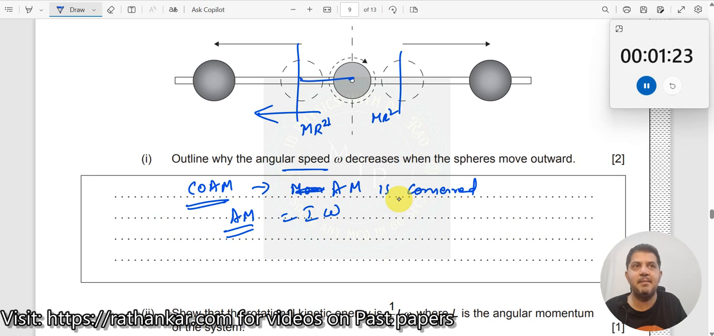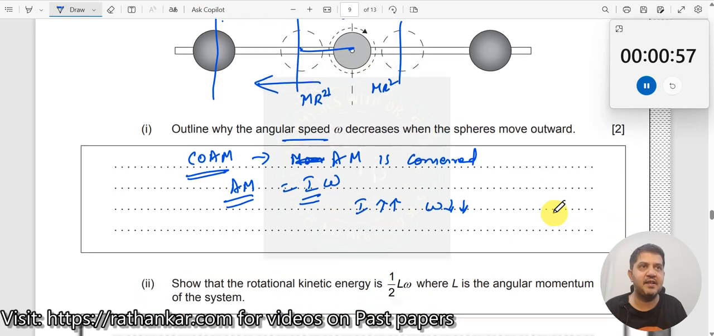When the masses moved apart, what is happening over here? Is the mass changing? Mass is not changing, but the distance definitely has changed, right? When this has changed, then automatically the moment of inertia changes. It has increased, right? When I increases, then automatically omega should decrease. Why should omega decrease? Because the value of I into